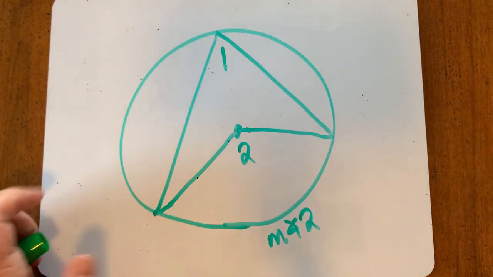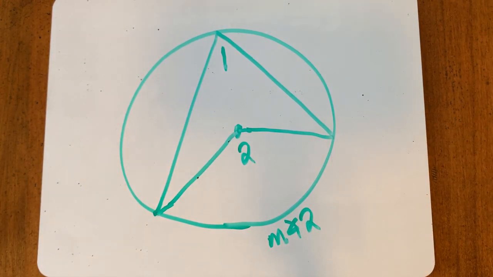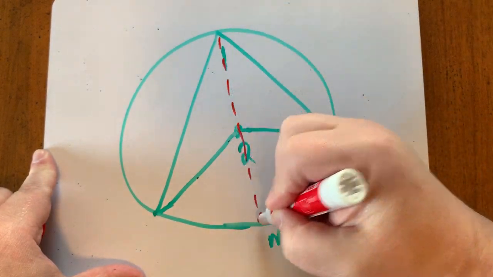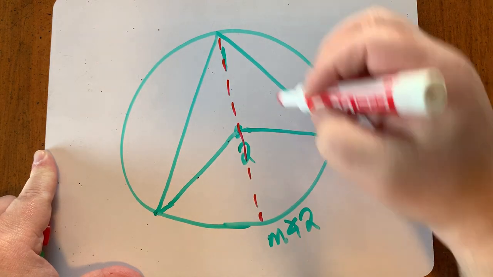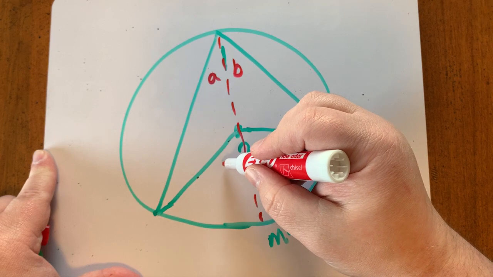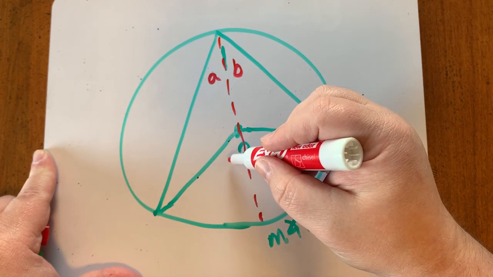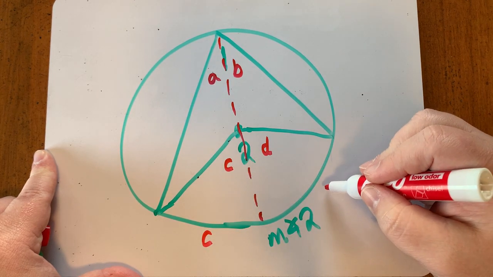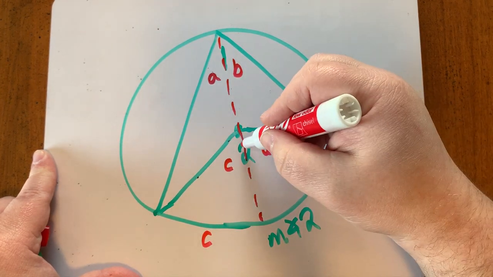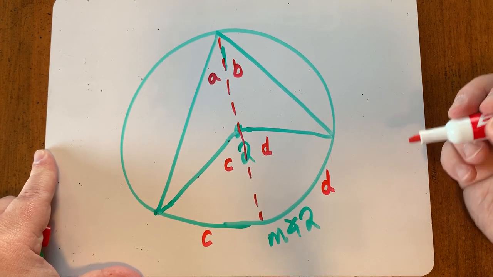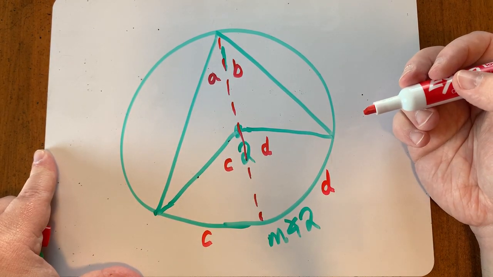So the measure of this arc is the measure of angle 2. Now this time, if we draw in the diameter, that diameter splits up angle 1 into 2 parts, splits up angle 2 into 2 parts. So that means this arc is C and this arc is D because of these central angles that correspond with them. Well, based on what we just found out,